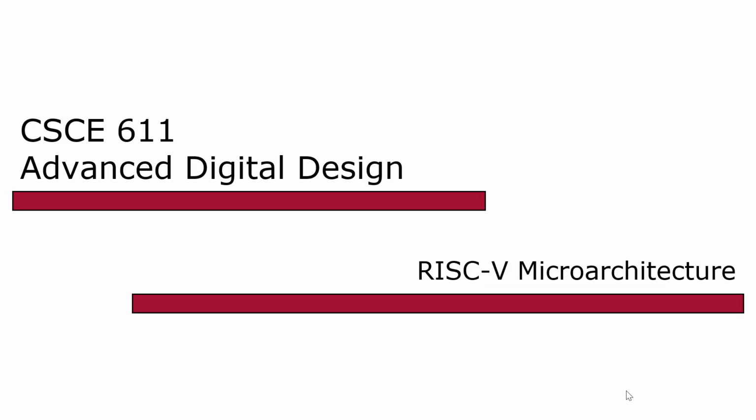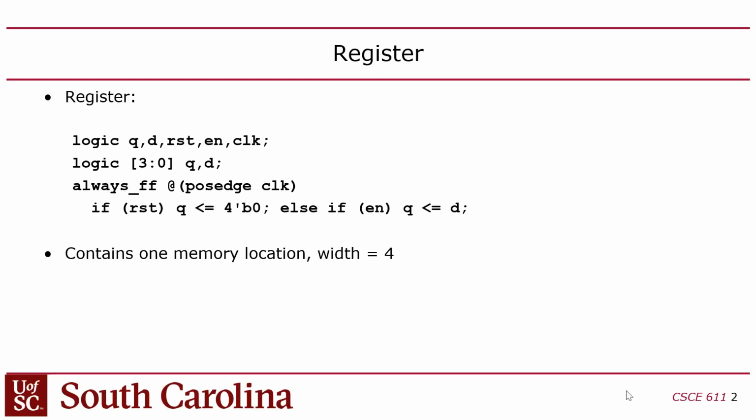So our next topic is we're going to start getting into the RISC-V microarchitecture. So we talked about architecture, that's the assembly language, how you program it. That's the public part of a processor. And now we're going to talk about the secret part of a processor, the microarchitecture. This is the part that no company will ever tell you how the microarchitecture works. This is the trade secret part. This is the under the hood part.